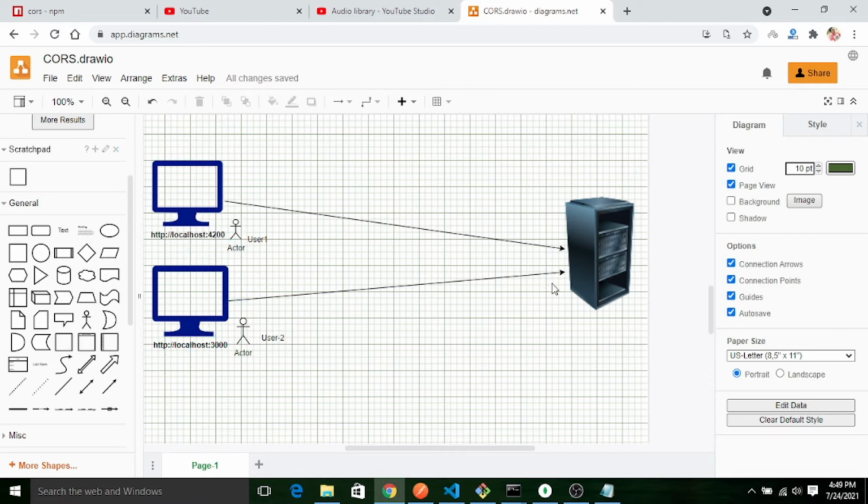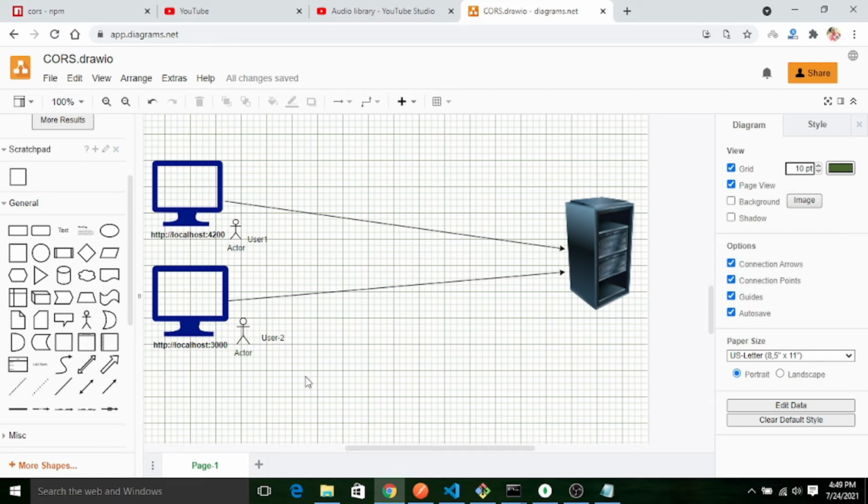If there is no CORS enabled in this server, then both users can access the server and all the hosted files, database, etc. Even if this server should allow only user one to access his data, the server has to be enabled with the CORS feature. Otherwise, anyone can access. Let's say tomorrow one more user comes and uses a different domain.